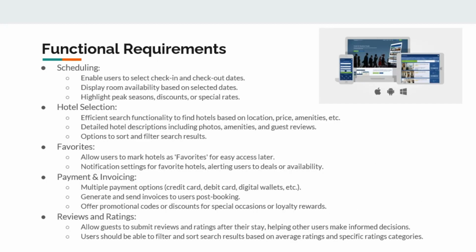SkyStay's core functionalities include easy scheduling with transparent room availability, peak season highlights and discounts. The efficient hotel search allows users to find perfect accommodation based on location, price, and amenities. SkyStay offers a favorites feature with notifications for exclusive deals and services post booking, empowering users to make informed decisions. Guests can